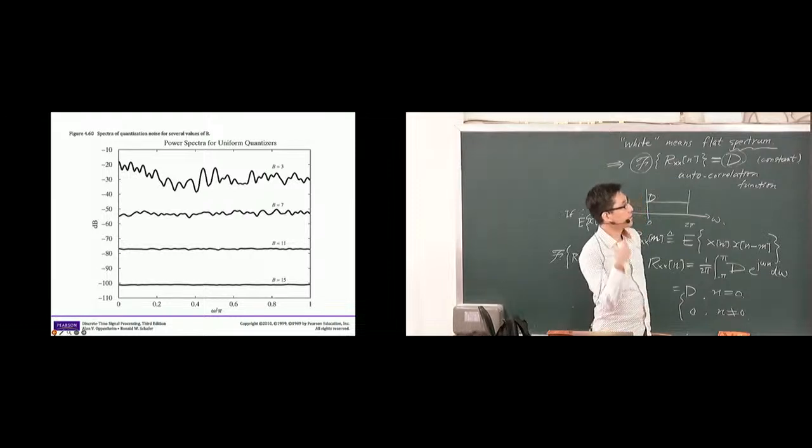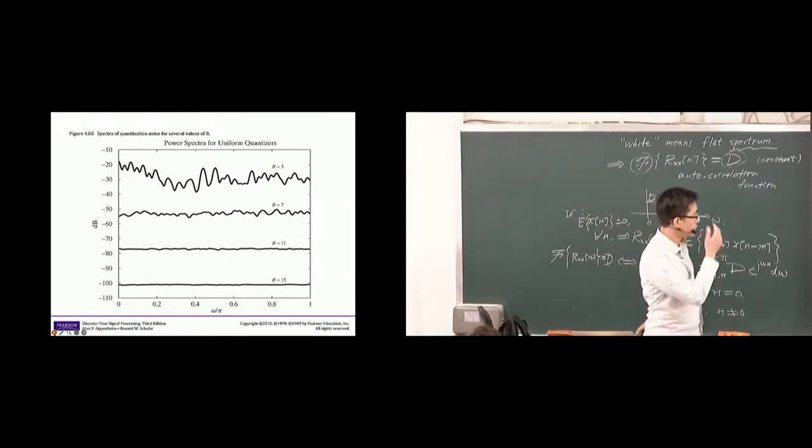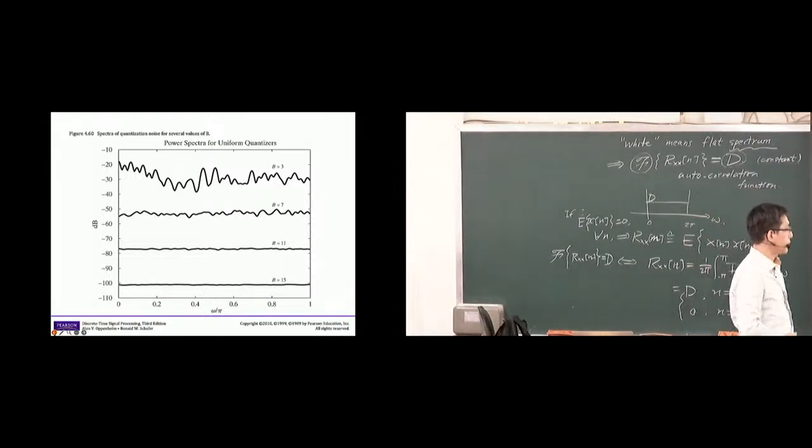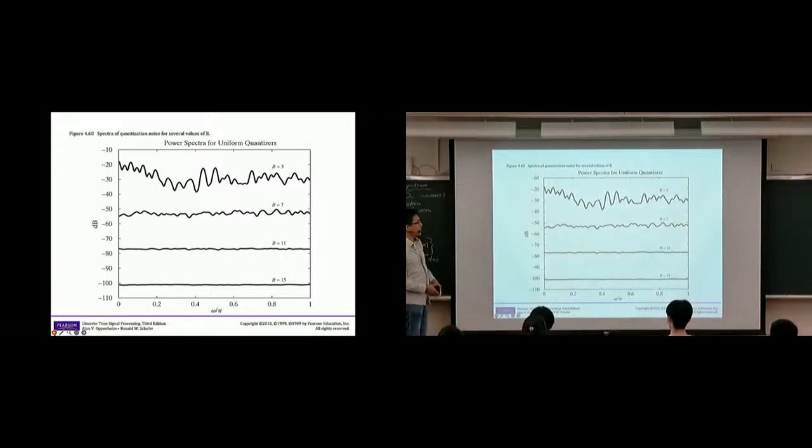All right. So after a somewhat long discussion about the definition of whiteness of our approximation error as a statistical signal, let's take a look. Now here is an example of quantizing some kind of signal, any signal that interests you. Take a recording and then apply different numbers of bits.